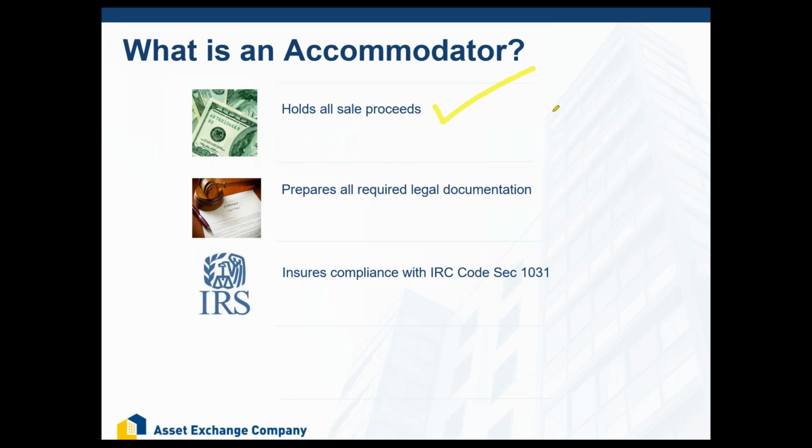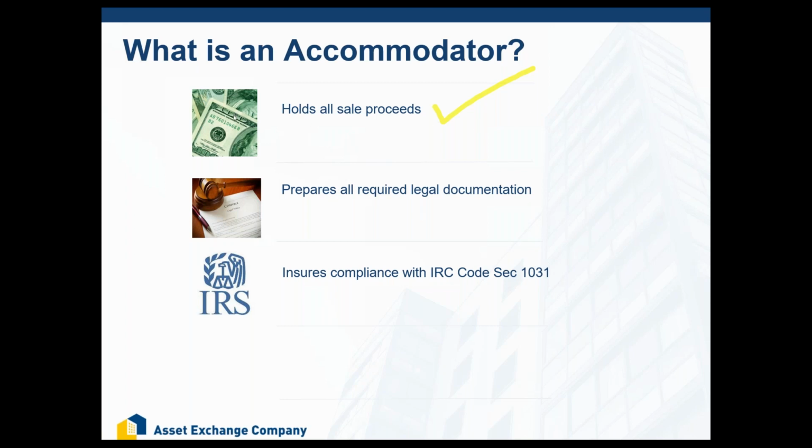In fact, I had a guy call me up today and he said, "Hey, Leonard, is it too late for me to do an exchange? I closed last week, but I haven't touched the money." I said, "Where did the money go?" And he said, "Well, they sent me a check, but I haven't cashed it." Sorry, buddy. If you've already closed escrow, you can't do an exchange, all right? The escrow company has recorded the transaction. They have probably withheld the 3.3% for the state of California, and they cut you a check. If they've done those things, you can't do an exchange.